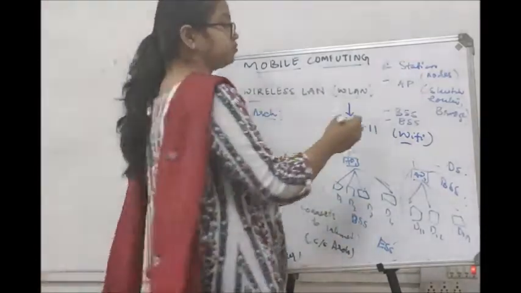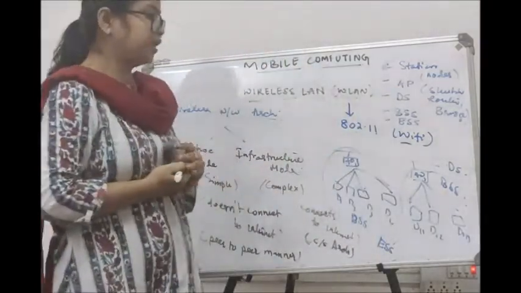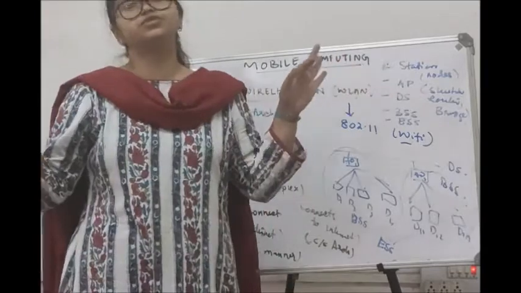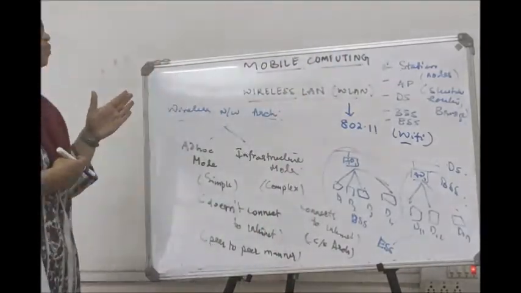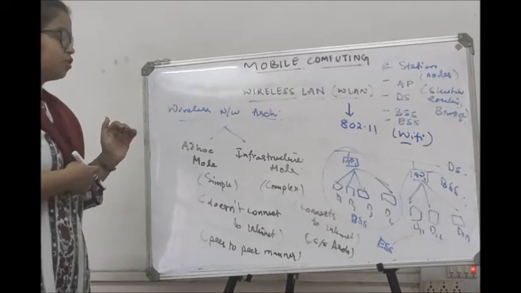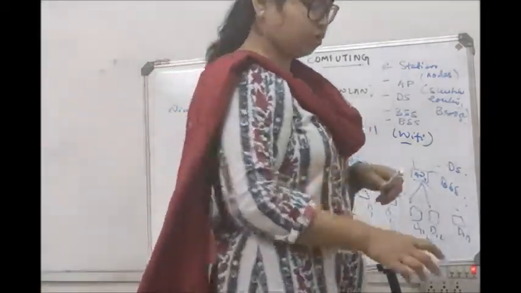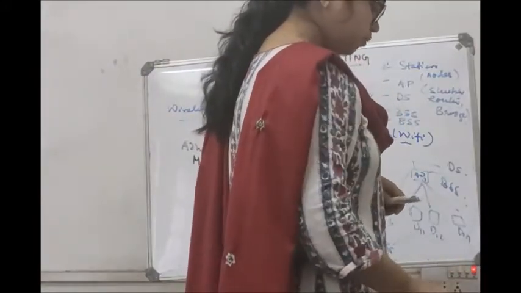And we have a distribution system as well, DS. DS is what? The line which connects the APs. The APs are connected through a distribution line. Okay. So this was about the network architecture of wireless LANs. Okay. So now moving on,